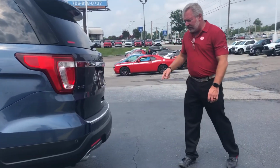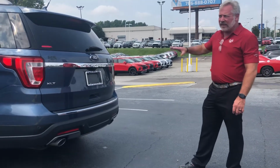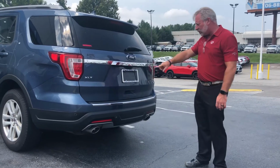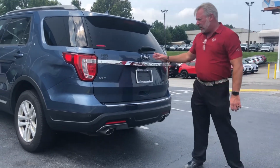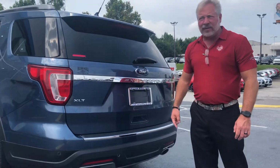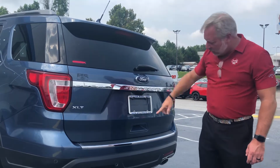Then I'll come to the back of the vehicle, look to see if it has a tow package. Roof rails being an SUV, I will get pictures of the roof rails. Make sure there's no dents, no scratches in the back. On an SUV, one of the common things to look for is right in here. For someone parking in some of the smaller garages, it will hit a garage door, and sometimes there'll be dents